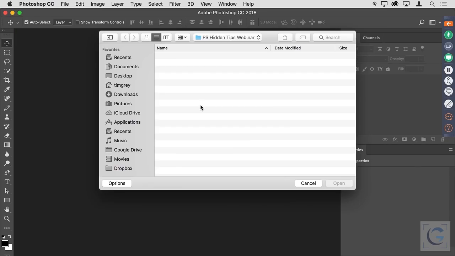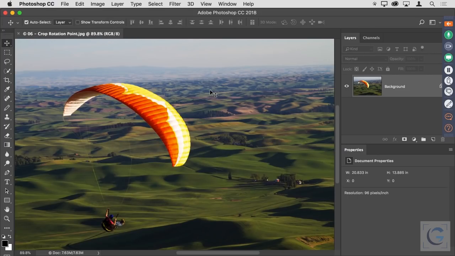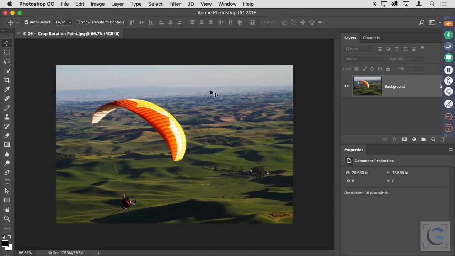All right, let's take a look at a quick little example of cropping, and specifically with the rotation aspect. I'm going to zoom out just a little bit on this image so we can get a better sense of this rotation option. And I'm going to switch to the crop tool. It's not very well known. I guess we are talking about somewhat hidden features here today after all, so not necessarily an easy-to-identify feature of the crop tool that can be helpful when you need to rotate a crop with a little bit of